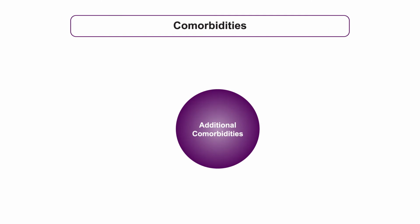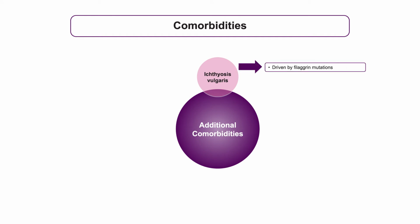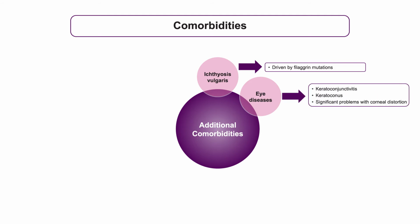I'm just going to summarize some of the additional comorbidities of atopic dermatitis. Ichthyosis vulgaris is a common dry skin condition. It's driven by filaggrin mutations and it's intimately associated with atopic dermatitis. Atopic eye disease is a real problem for a subset of patients. Keratoconjunctivitis, keratoconus, and significant problems with corneal distortion, and a small number of people who will need corneal surgery and